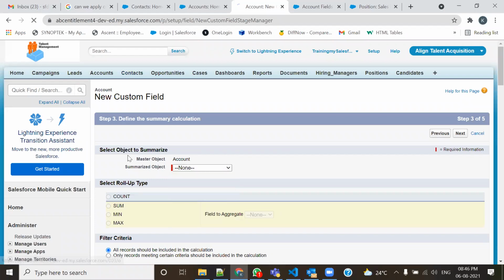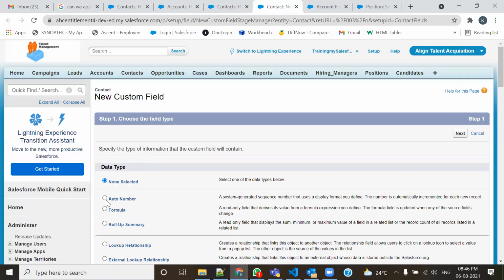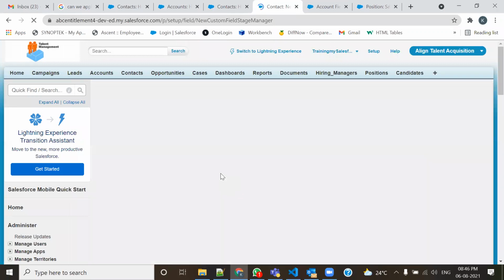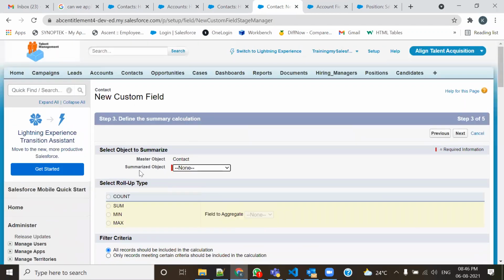ऐसा नहीं है कि आप नहीं कर सकते। If I go to the contact, even I can create a roll-up summary here also. Let me see on what object I can create it. Roll-up summary can be created with the help of entitlement contacts. Like see, ऐसा कुछ नहीं कि रोल अप समरी नहीं कर सकते हैं, ऑफकोर्स कर सकते हैं। यहाँ ये कंसेप्ट नहीं है कि आपका स्टैंडर्ड हो या कस्टम ऑब्जेक्ट हो, नहीं, रिलेशनशिप इज द कंसेप्ट। अगर लुकअप रिलेशनशिप है तो बस अकाउंट एंड अपॉर्चुनिटी ही लुकअप है जिसमें आप रोल अप समरी कर सकते हैं, बाकी नहीं। तो इससे कंफ्यूज मत होइए प्लीज, ठीक है।